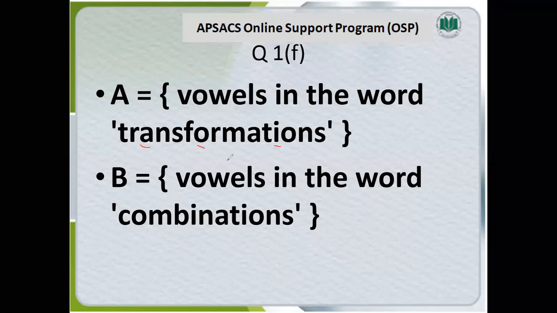Clear? Now comes to B. Vowels in the word combination. Counted first vowel is O, next O, I, A. In other words, A is a subset of B and B is a subset of A. Are you agree with me? Yes, ma'am. Both are subsets. This means you can say that